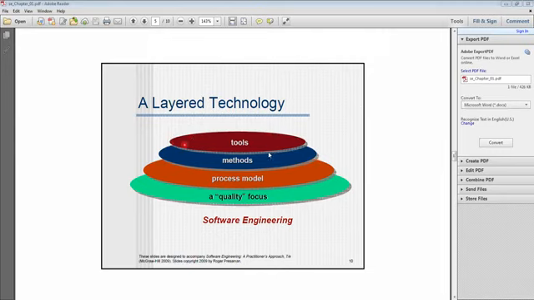Now what type of tools are you going to use over there? Now different tools are available over there. So what type of tools are you going to use? Okay. So first you have to select the tools. What type of tools are you going to use? Okay. And then is